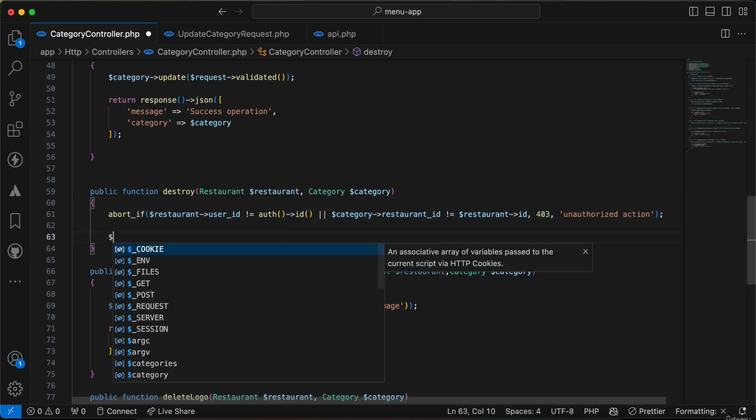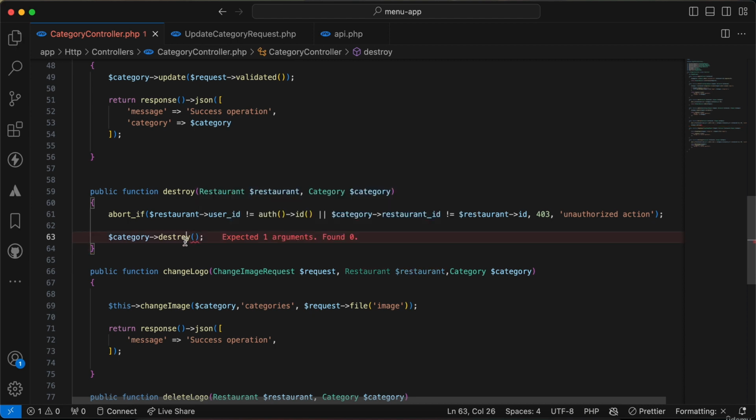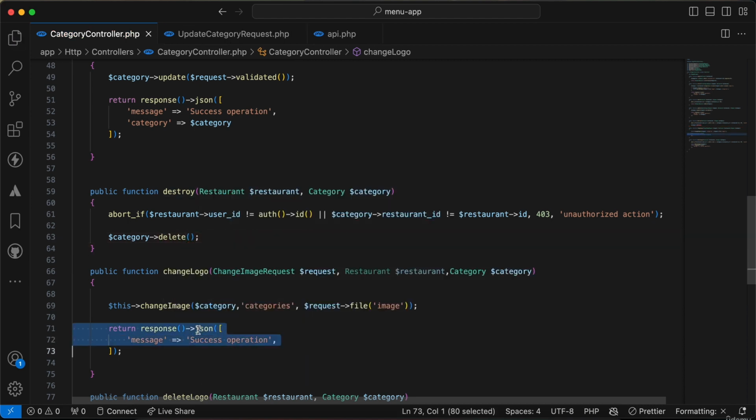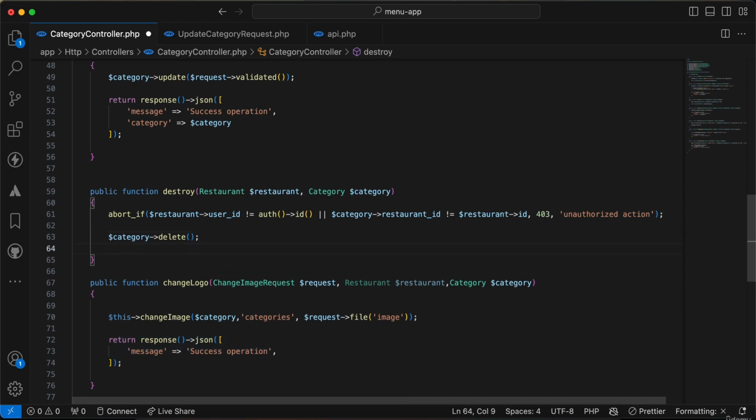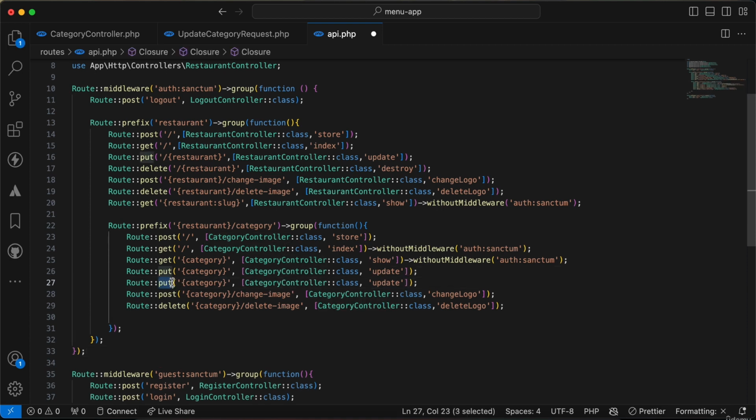And I will say category delete or destroy. Let's use delete actually, and the same also success operation,